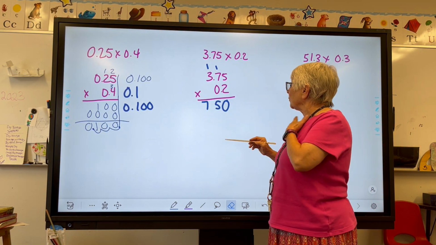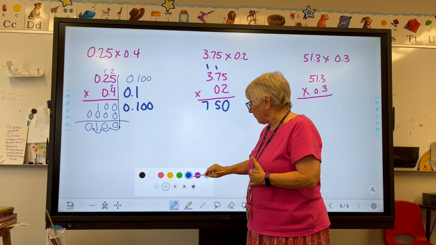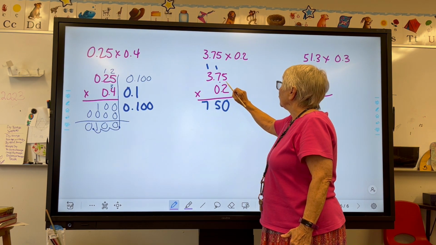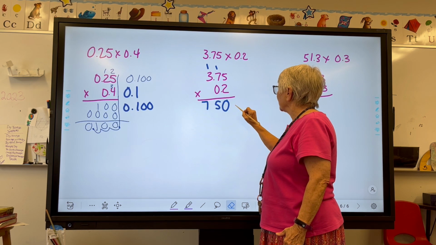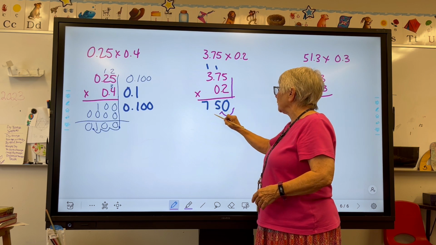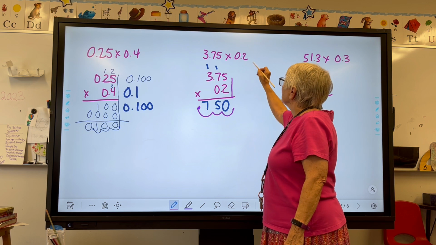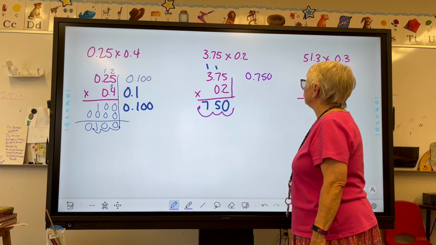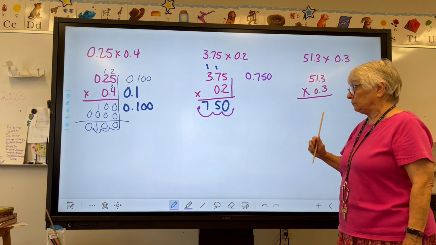1, 2, 3. Oh, well, this is fat. I don't want it that fat. So I count 1, 2, 3. Then I move the decimal back, comes right down where we've lined up the numbers, and it goes back 1, 2, 3. So it's there. This one is